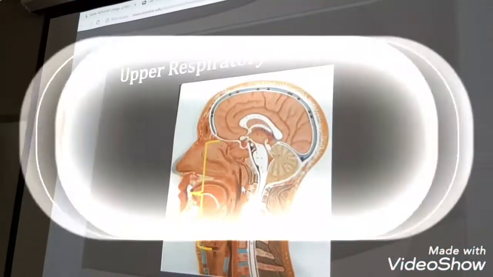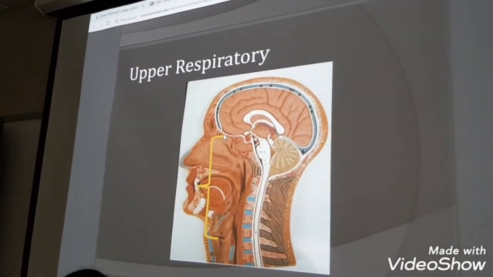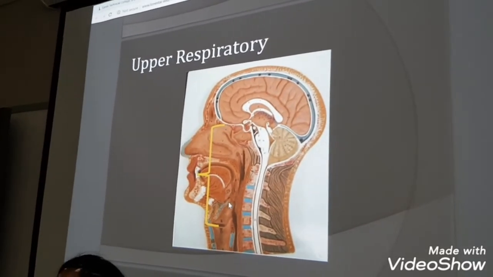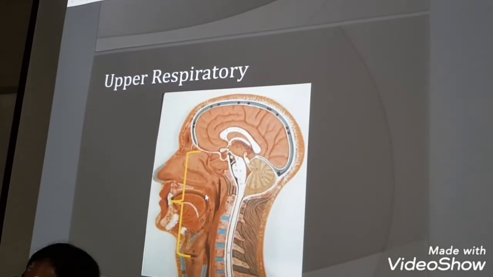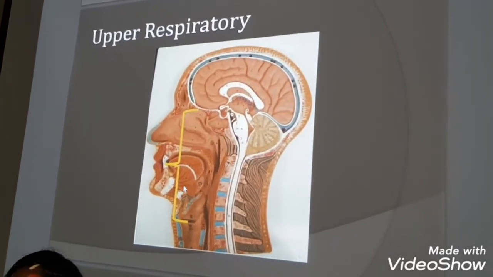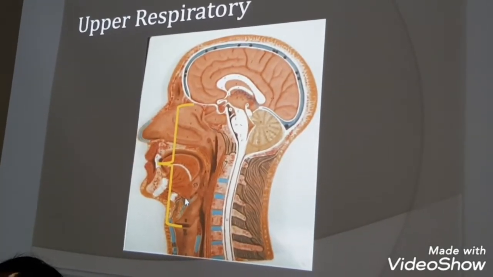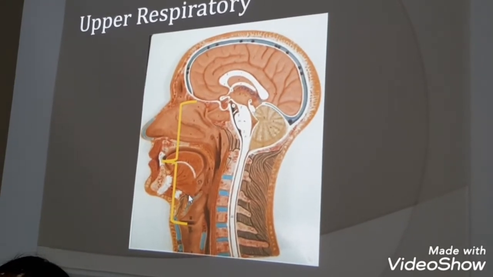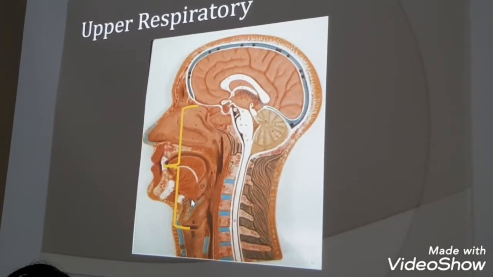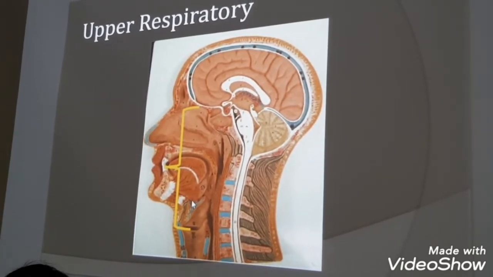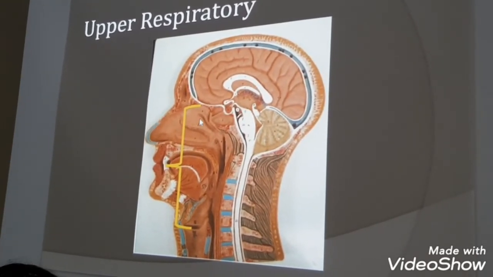How we talk about the entire respiratory system is we divide it into two major parts, upper and lower. Let's go through the upper tract first. The reason why it's called upper and lower is because of the functioning of what it's doing. Upper is just a traveling passageway for the air to get where it needs to, which is eventually the lungs. And then when it gets there, we're exchanging the gases. So upper respiratory,